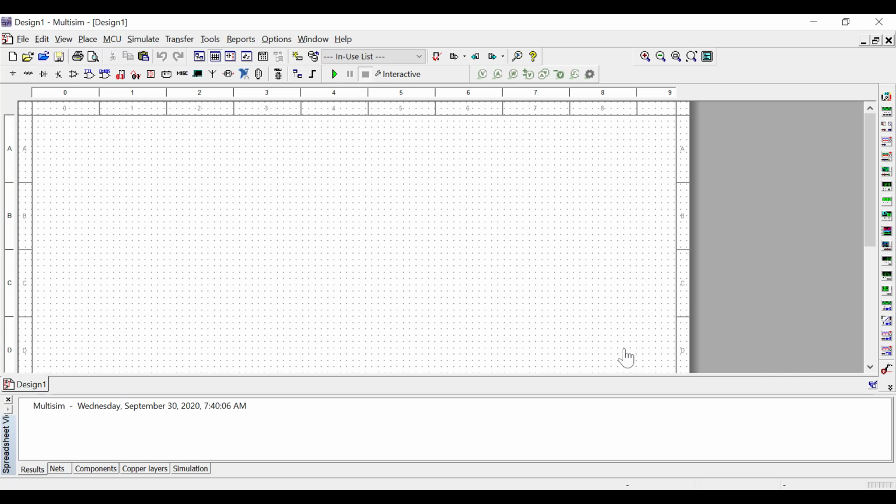If you look at here, this entire region is called the components panel, and this region is called the simulation panel, and this region is called the instrument panel. And the mouse pointer where I'm showing this is the instrument panel.